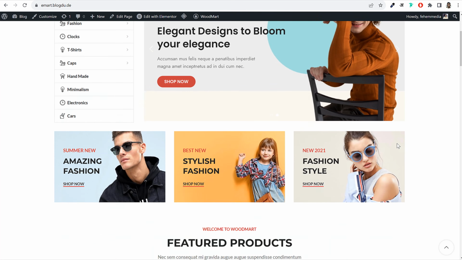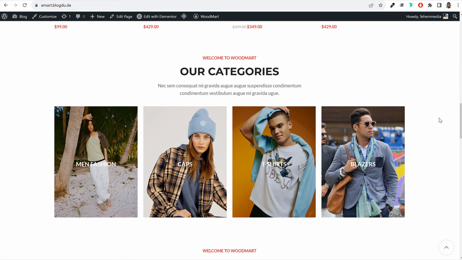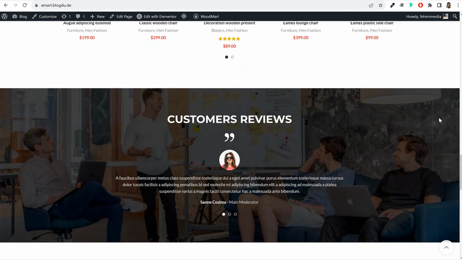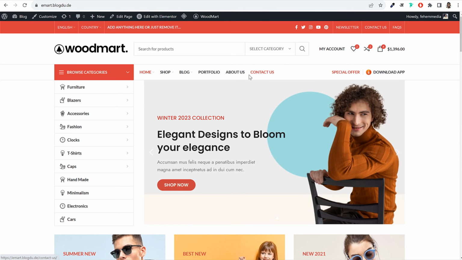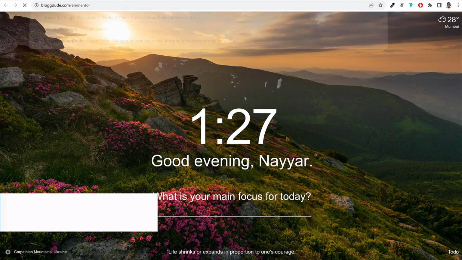So this home page that you see over here is created using a page builder. We'll be using a free page builder, and all the other pages that you see, home page, about page, contact page, all those pages are created using a page builder. To download that page builder, you have to open a new tab again, and this time type in